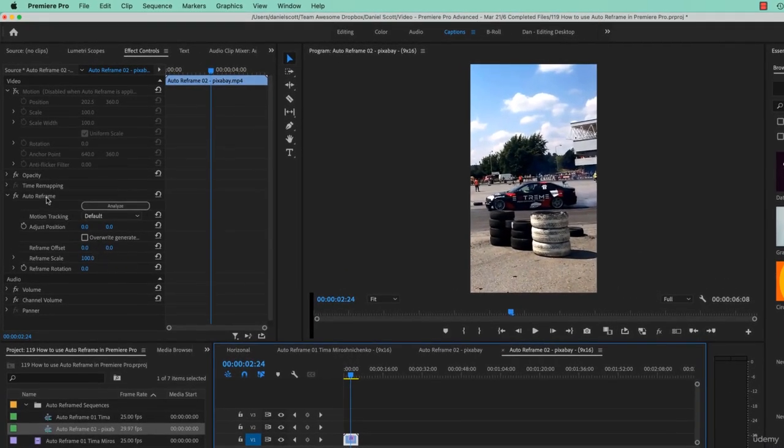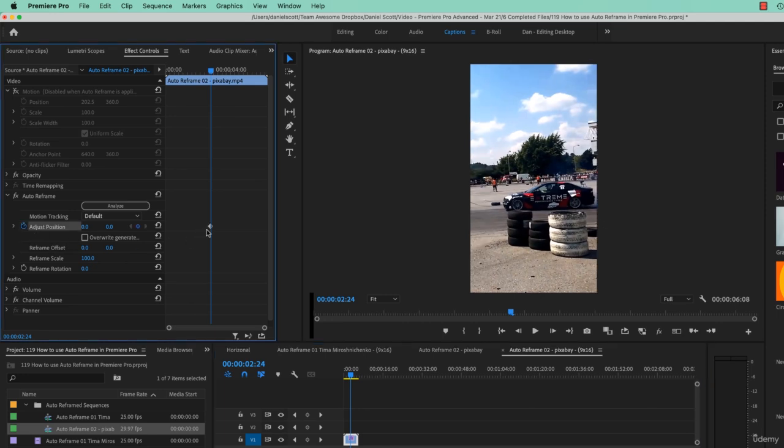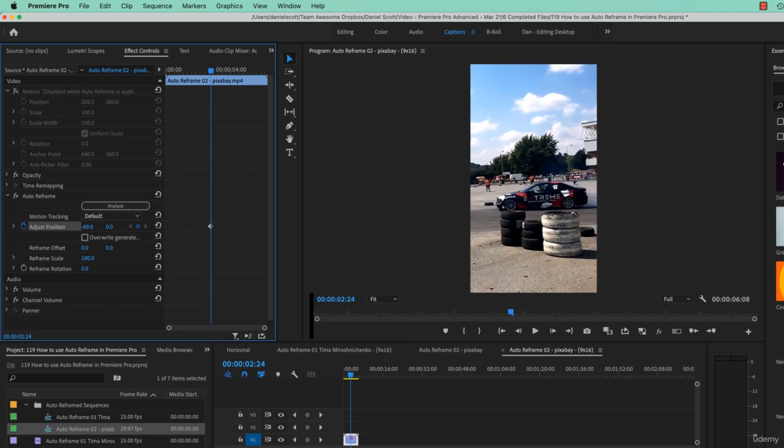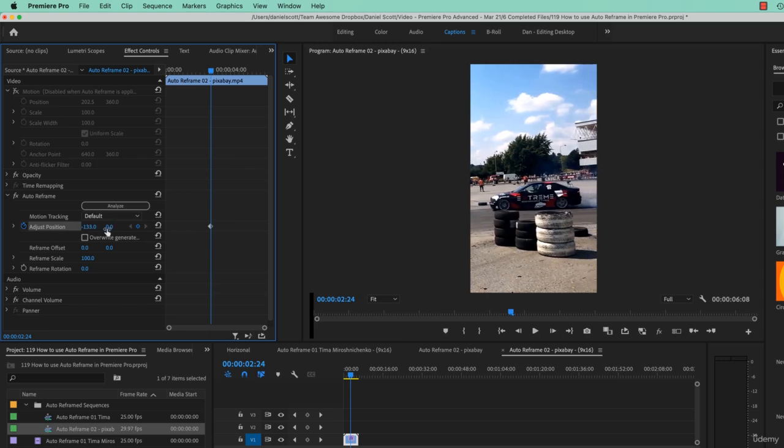Okay, and I'm going to say this one here, I'm going to adjust position. Turn the little timer on to set a keyframe. There it is there. Okay, and I'm going to set it so it's right in the middle. Just dragging these over here, left and right. Okay, and then I'm going to move along